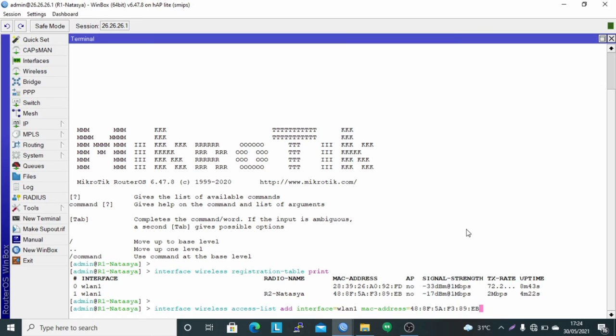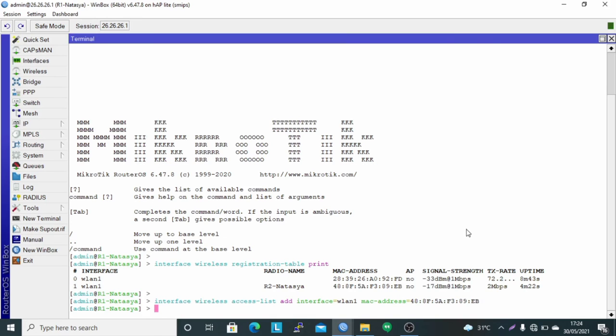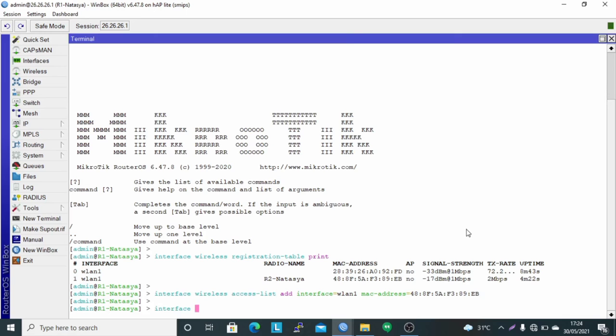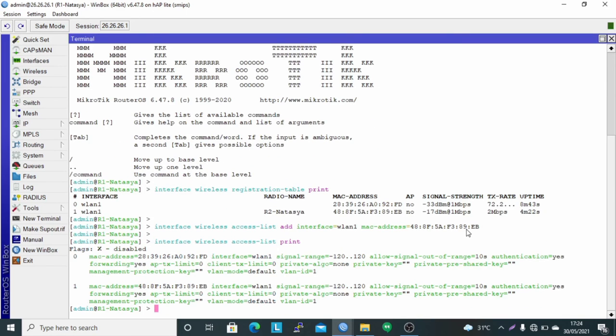After that, press enter. Check again with the command interface wireless access list print. It can be seen that the MAC address from router 2 using interface WLAN 1 has been added.